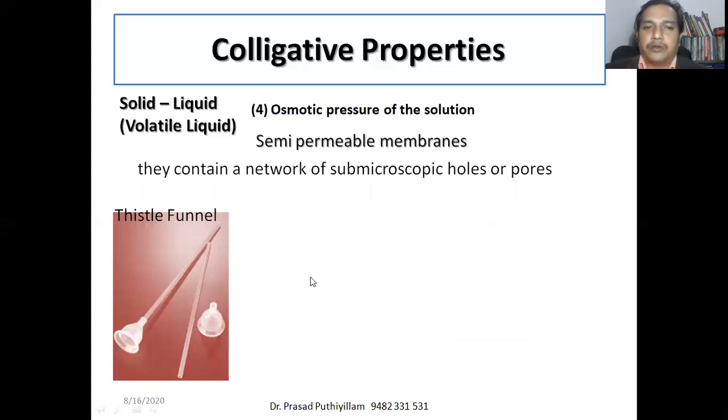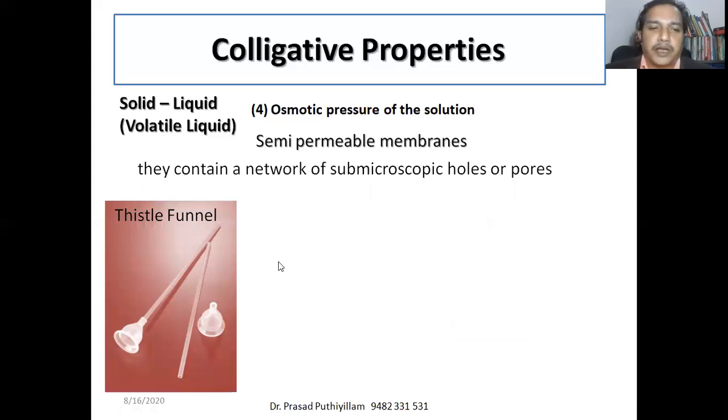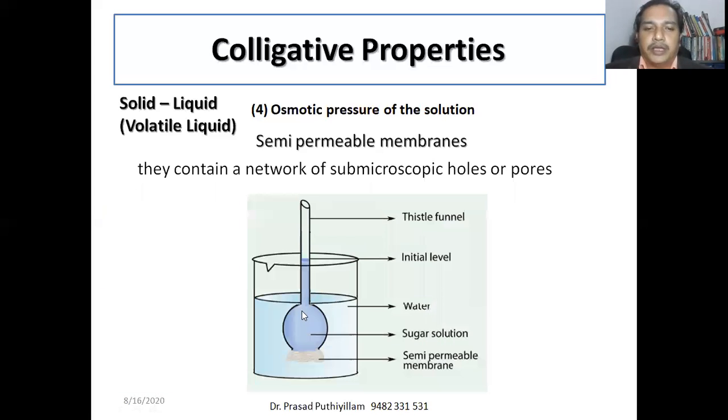To understand the osmosis power, one can do it in your home itself. You have to make a thistle funnel. You can make one with a normal plastic funnel, and if you connect a straw, you can treat it as a thistle funnel. Take a sugar solution inside the thistle funnel. Then cover it with a semi-permeable membrane, say cellophane sheet. If you are taking cellophane sheet, you have to dip it in water for a whole day, minimum 12 hours. Then only the pores will be ready for the process of osmosis.